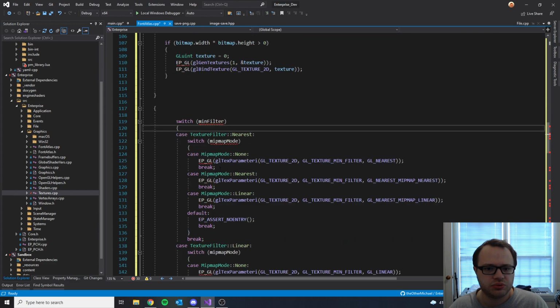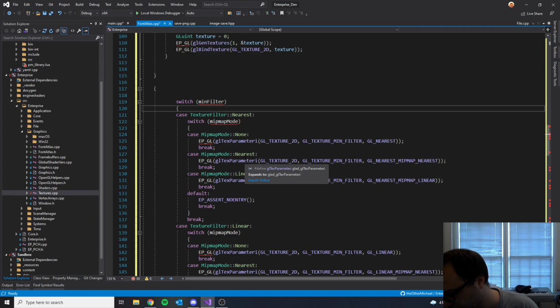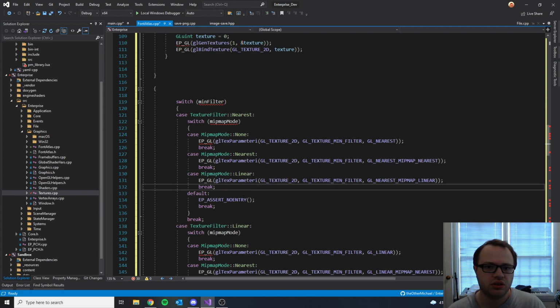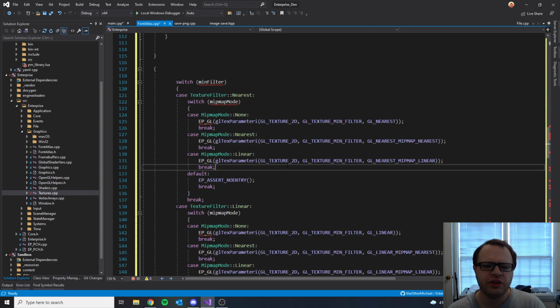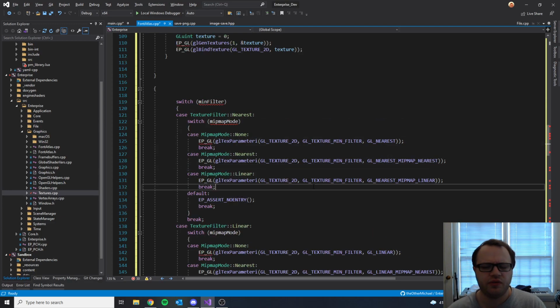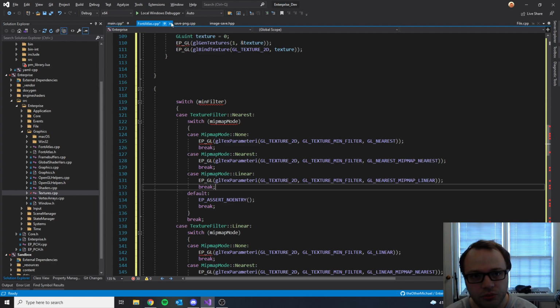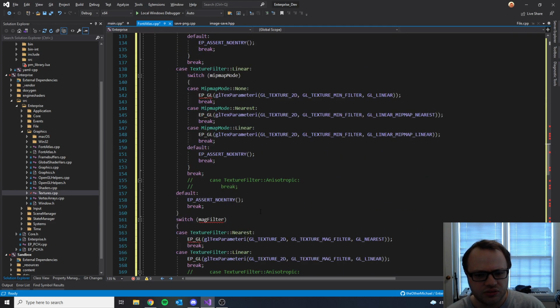And then switch for a min filter. In this case, I will always be using linear because that's the entire point of MSDFs, that they are linearly interpolated. Though that actually leaves a decent question. For minification, I'll be using MIP levels to handle the interpolation. I think the way that I've got